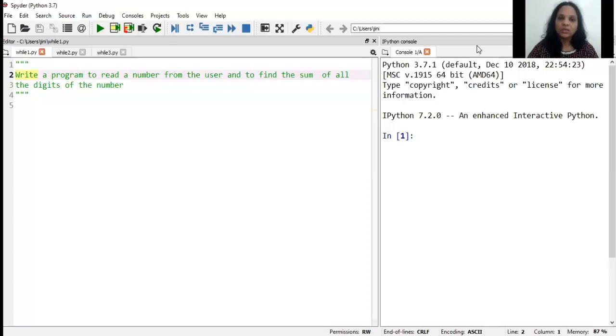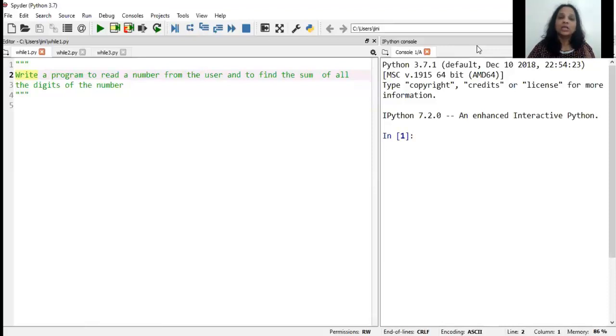Hello everyone. Today in this video, we'll be talking about the while loop programs where it behaves as a conditional loop. In our previous video, we saw that while loop could do all the programs that we did using a for loop. But these programs that I'm talking about now are specifically to be used using a while loop. And you will come to know why, because it's not a counting loop. It's going to be treated purely as a conditional loop.